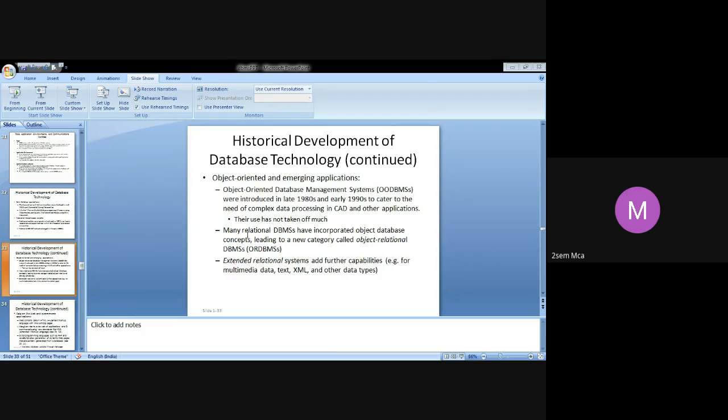They provided the object-oriented paradigm. When we talk about object-oriented programming, we always bring in abstraction, encapsulation, inheritance and object identity. These were brought in as add-ons compared to relational databases. That is how the database went on developing.